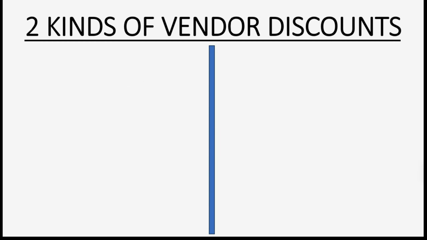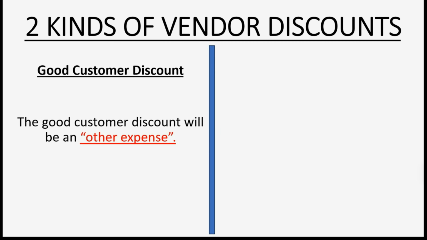You see, there are really two different kinds of vendor discounts. Let's call it a good customer discount, which is like a general type of discount that a vendor would give us. Now, when we put an account in the chart of accounts to track this, which again, most companies don't, in our example, we'll choose Other Expense so you can see the way it looks on the trial balance and in the profit and loss